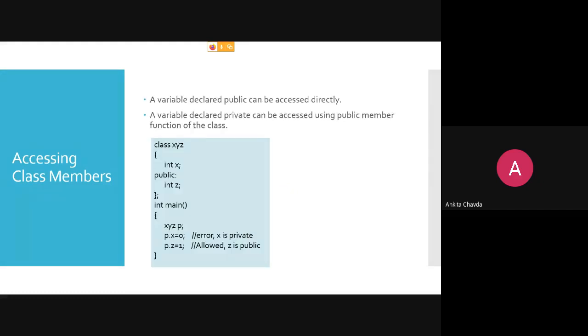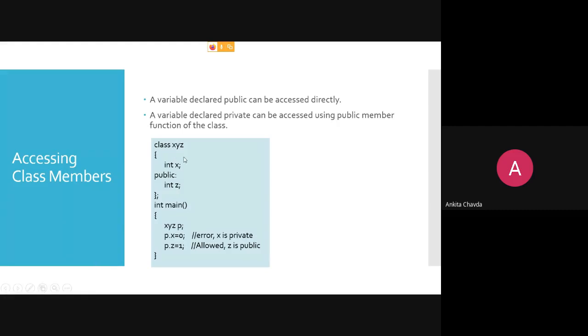Accessing the class members, we have already seen this, but we'll see it once again. A variable declared public can be accessed directly. But you cannot access private variables directly; indirectly you can access them via your member functions.